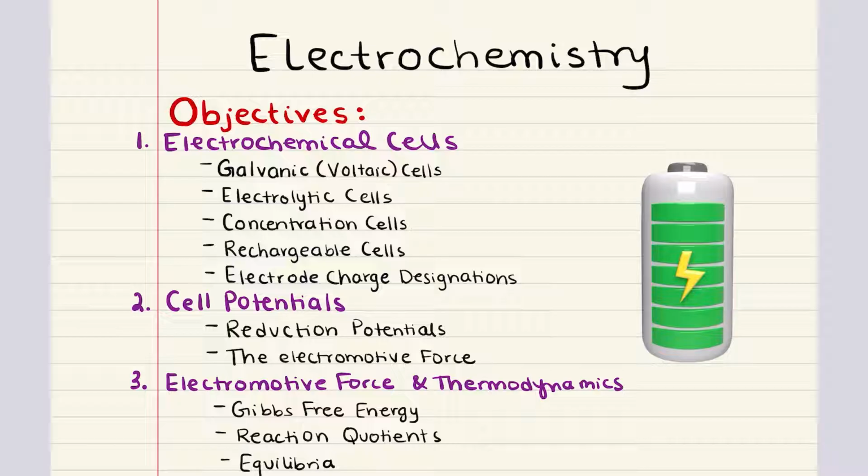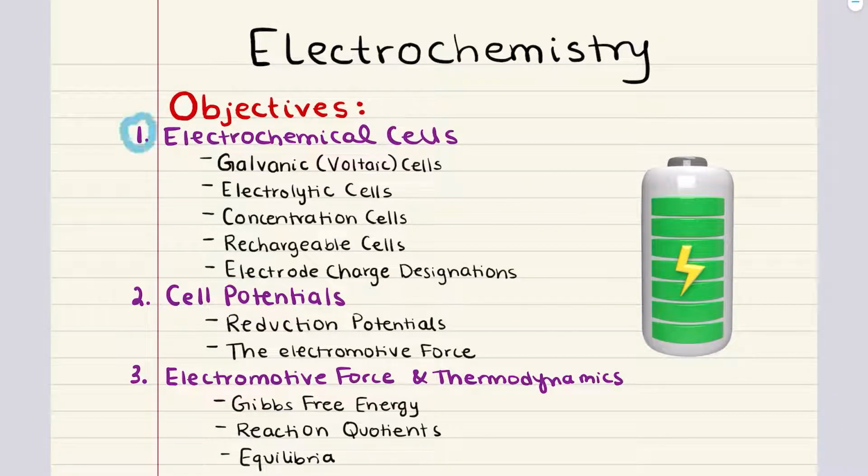Today we're going to be covering our last lecture for this playlist, and it's going to be all about electrochemistry. In this chapter, we're going to cover three main objectives. First, we're going to talk about electrochemical cells. We're going to dive into the workings of galvanic, electrolytic, and concentration cells, and we're also going to include a